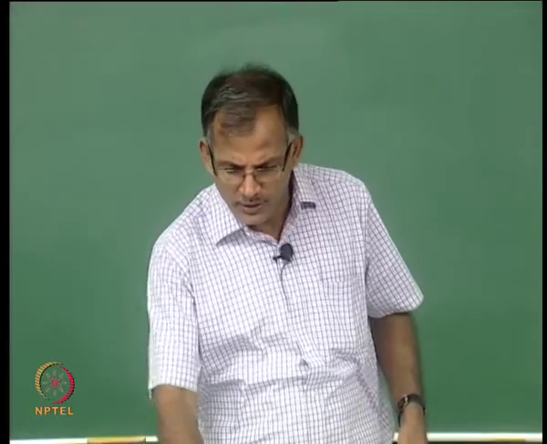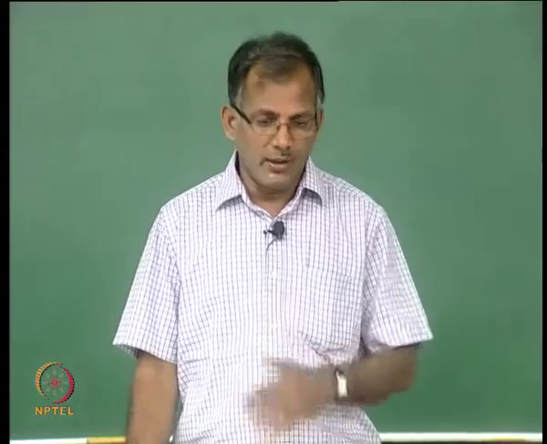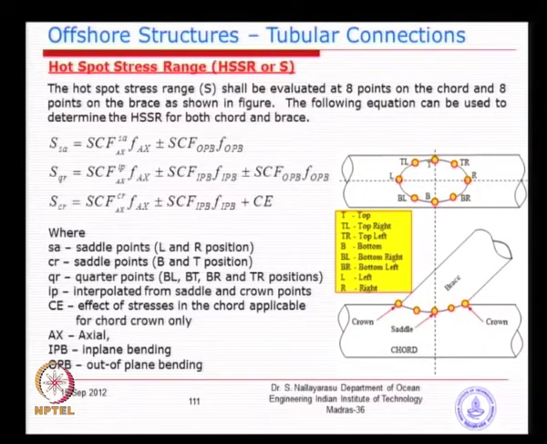Yesterday we were looking at the stress concentration factor calculation for 3 of these points, basically the saddle point, quarter point and the crown point. And the combination, basically at the quarter point you will be combining by linearly interpolating between the points that are in the vicinity. So, simple idea is, if you do not have equations, either you can develop an FE analysis yourself to find out what is the SCF, or you can use the existing empirical equations given by others to interpolate the stress concentration factor for these quarter points.